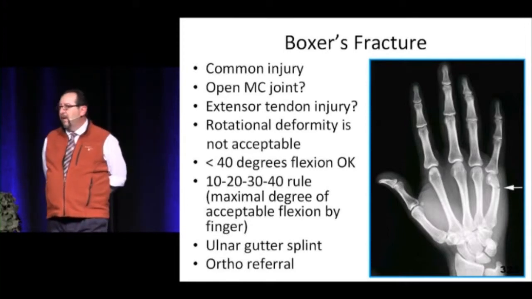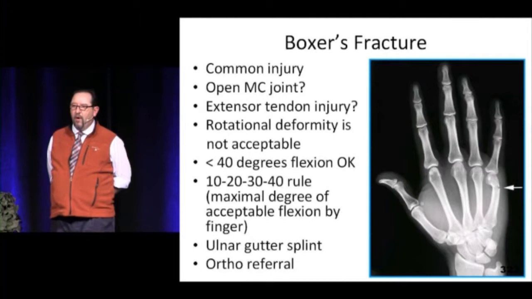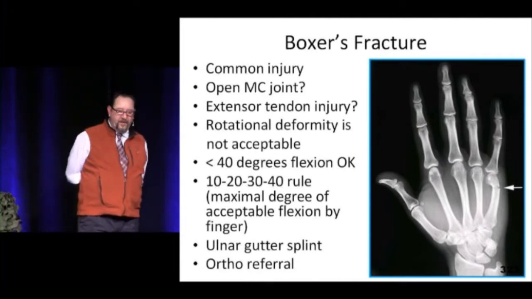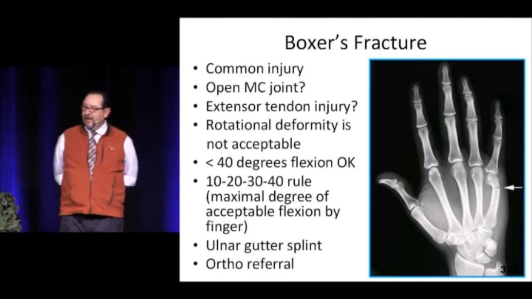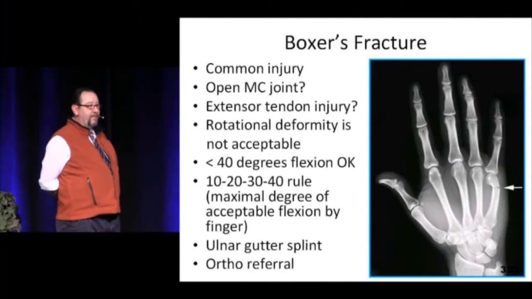Boxer's fracture. Obviously, it's not a very good boxer. Boxers don't hit you with their small digit. They hit you with their index and long finger MCP joints. There may be an open MCP joint there, and you've got to worry about that if it's a so-called clenched fist injury, because if it's a mouth bite wound, you've got to treat with the appropriate antibiotics